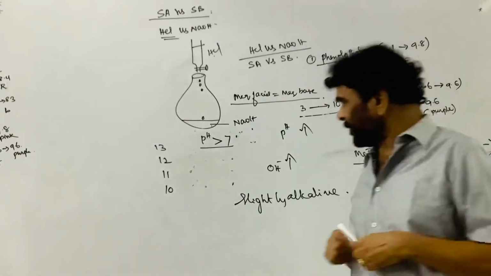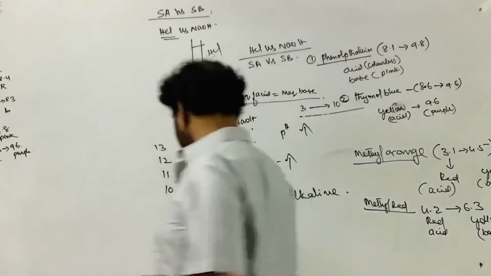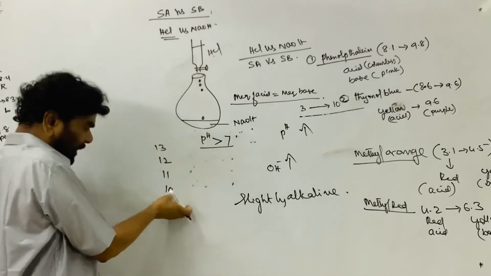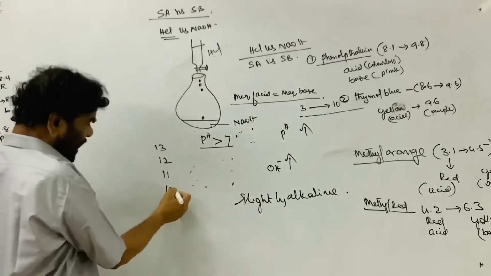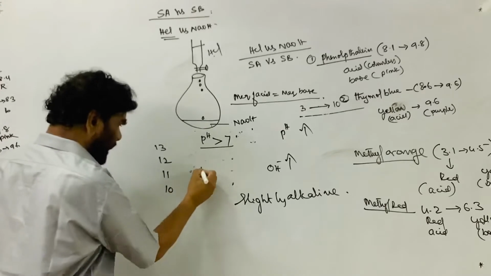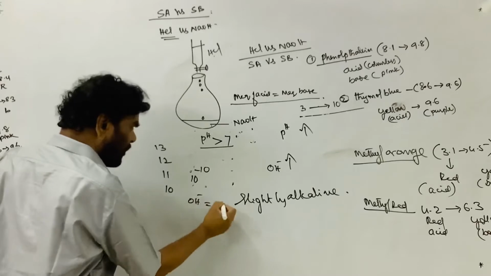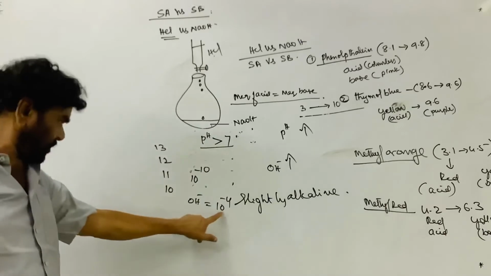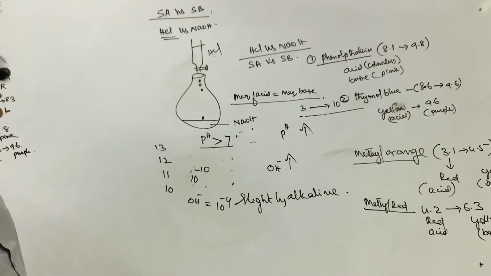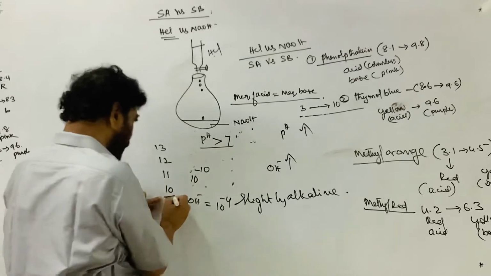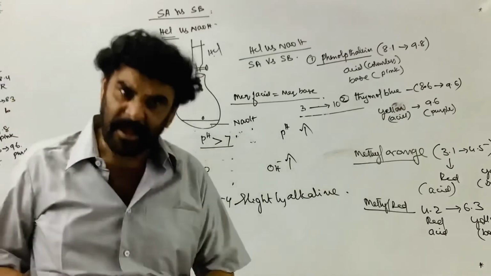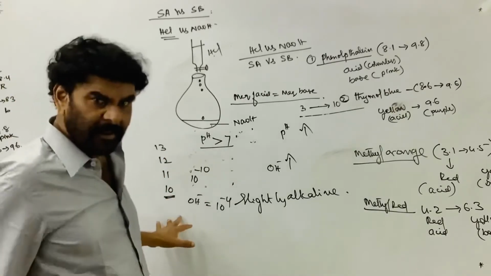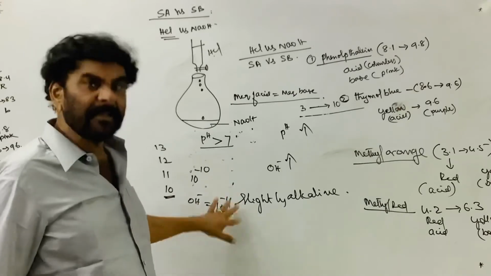So here also neutralization takes place. Suppose you are titrating and the pH is 10. The H plus ion concentration is 10 to the power of minus 10, and the OH ion concentration is 10 to the power of minus 4. Still it is basic. The OH ion concentration is 10 to the power of minus 4 and the pH is 10. This is not neutralized; sodium hydroxide is still present. If it is left here, it is an incomplete neutralization.